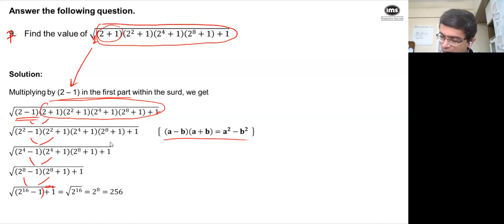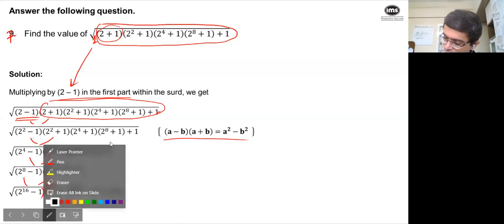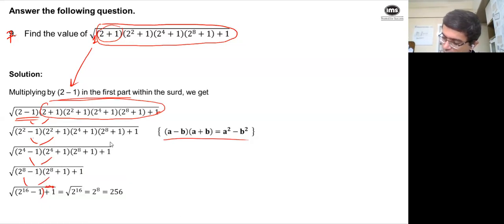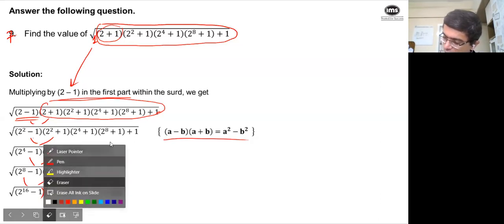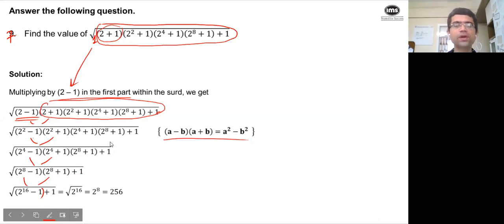Yeah, it is there, but it is after the bracket. Yes, it is there after the bracket. So what should be my answer? My answer should be 2 raised to 16. Correct? It is 2 raised to 16 under root. So the answer is 2 raised to 8, or 256. So it is just a simple introduction of one step, which is rewriting this 1 as 2 minus 1 here.